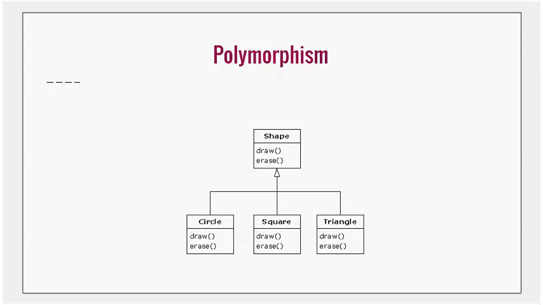So if you instantiate a circle class and assign it to shape class, and you say draw on that object, although you're doing it on the shape interface or shape parent class, the draw method will be executed on the circle object. Similarly, had it been a square to which the shape is pointing, the draw method will be executed on the square object, and similarly for the triangle object also. We will see a very simple example in the next slides to understand this better.